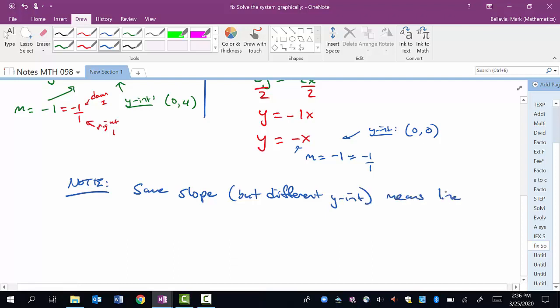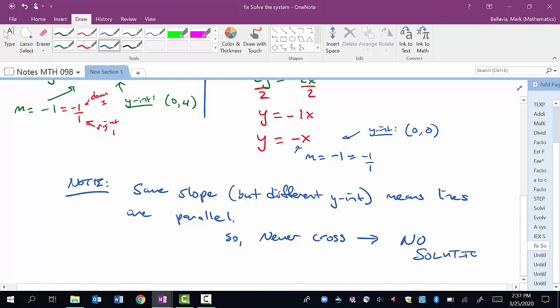Means lines are parallel, so they never cross, which tells us there's no solution. Now, that's me just kind of analyzing what I have here in terms of the slope and